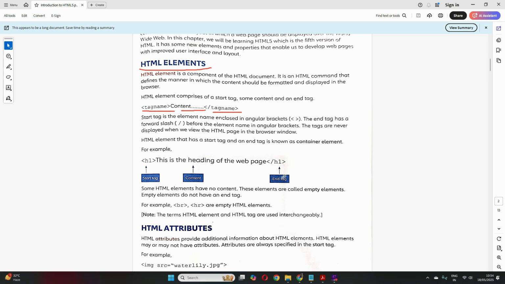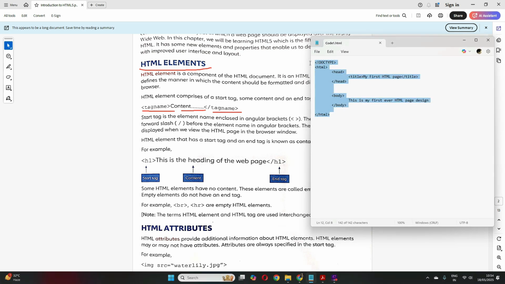Now let me just show you how we write this. Let me open a notepad. I have this written for you. I'll just explain. In the further chapters, I will explain the entire format of the structure. But right now, let us understand what are HTML elements. So see, this is one HTML element where this is the start tag, this is the end tag, and we have some content. Or you can call this also an HTML element, where this is a start tag, title, this is the end tag, and this is my content.